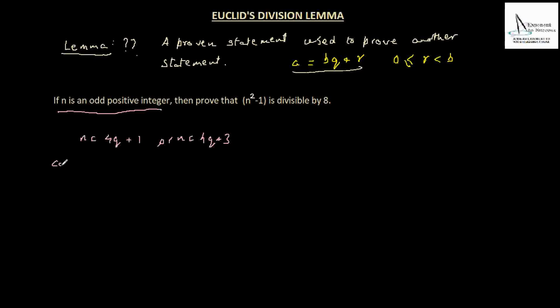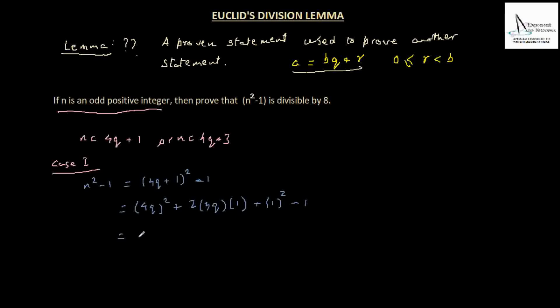So there are two cases here. Let's solve for both of them. So case number 1, where n is equal to 4q plus 1, and we are looking at n square minus 1. So we'll take the value of n as we have taken above, which is 4q plus 1. So we'll square that, and we have a minus 1 after that. So when we expand this bracket, we can just write it as 4q whole square plus 2ab, which means 2 times 4q times 1 plus 1 square, and we have got this 1 in the end.